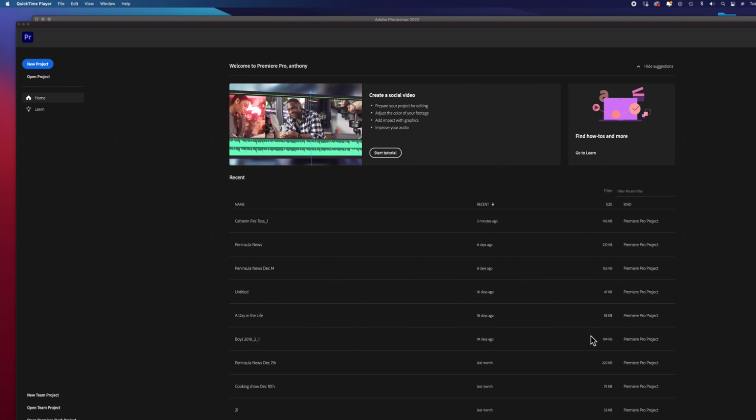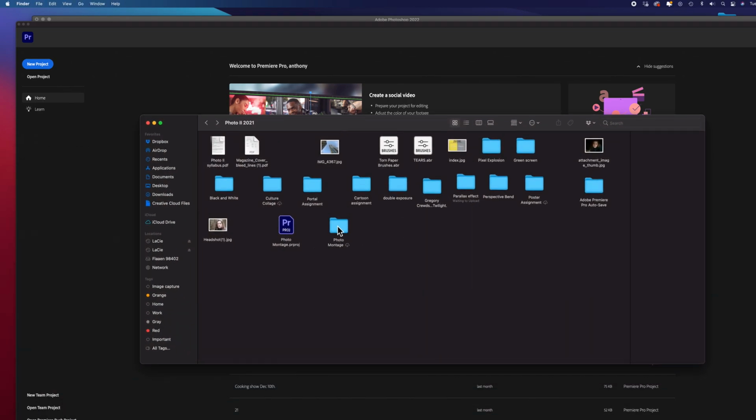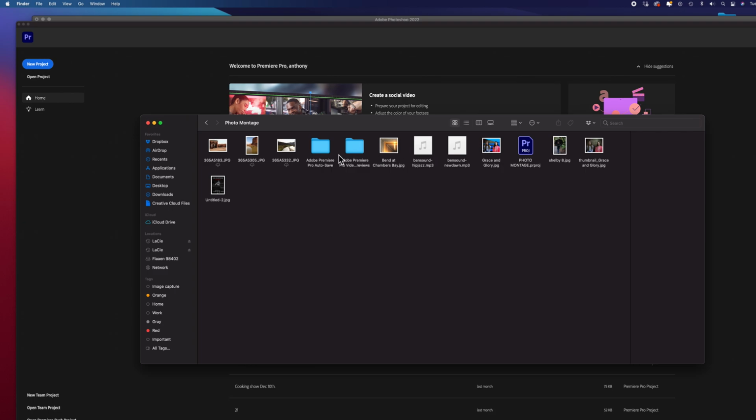Do the photo montage in Premiere Pro. I have Premiere open, and I'm going to go to that folder that I made on my desktop. I called it Photo Merge, and I put some photos in there. I also got a couple pieces of music. I'm going to close that,